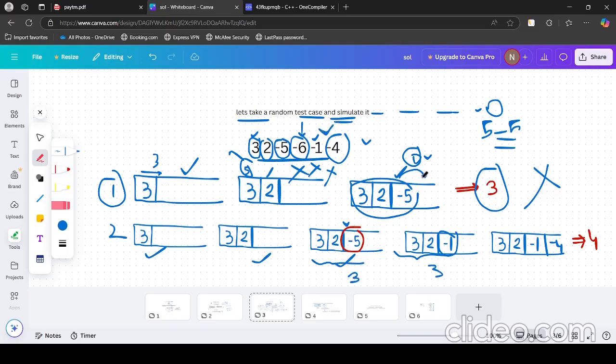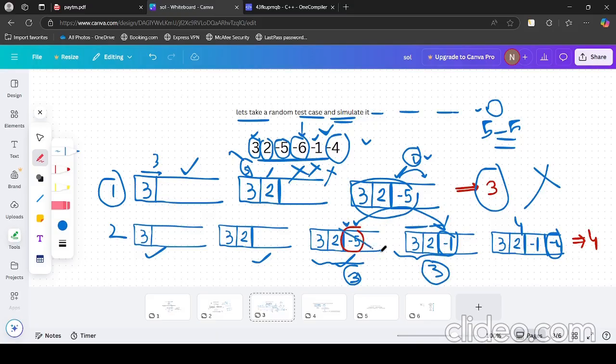But coming to the next value minus 4, we can take that now, because the sum is 4. The 3 plus 2 is 5 and minus 1 is 4. So 4 minus 4 is greater than or equal to 0. So if we try to replace the minus 5 with minus 1, because both are negative values as well, even the length will not change, because we are just replacing the value, but we are not adding a new